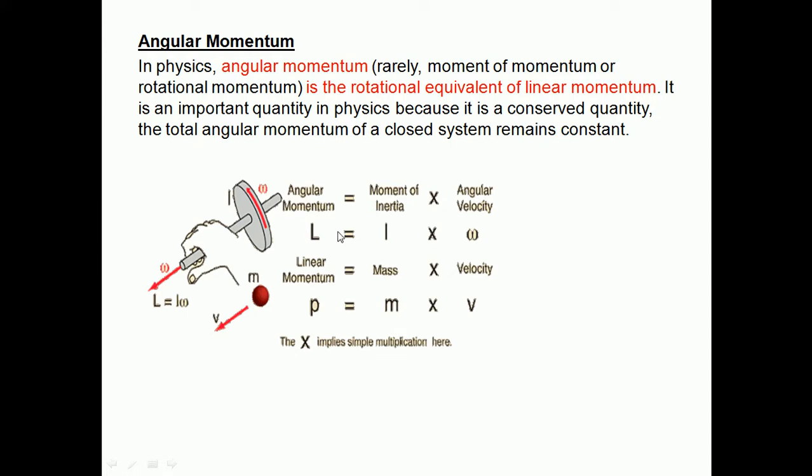So now we should remember these two formulas: angular momentum is equal to the moment of inertia multiplied by the angular velocity, and the linear momentum is equal to the mass of the object multiplied by the velocity. We will remember these things. In the diagram, we are just telling that x is the multiplying figure, and this is a simple diagram we discuss. We will be taking a couple of examples. How do we calculate the angular momentum?